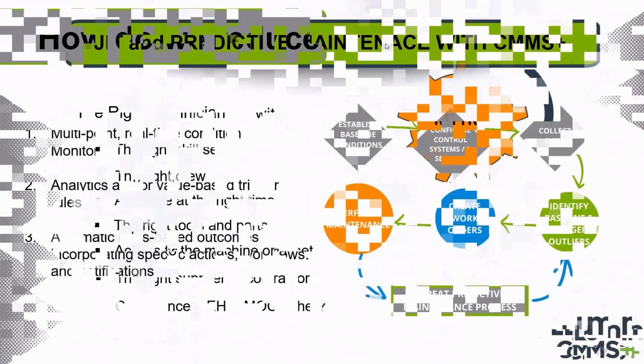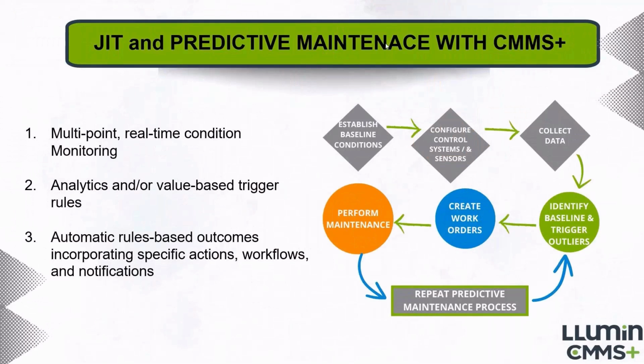So we're going to show today how CMMS Plus can be used to add a more JIT, proactive and predictive process to your maintenance strategies and your maintenance best practices. We're going to look at how you can use data and monitor data and set rules around that data so that once an event does occur, whether it's a planned utilization-based PM or an unplanned impending fault type work order,